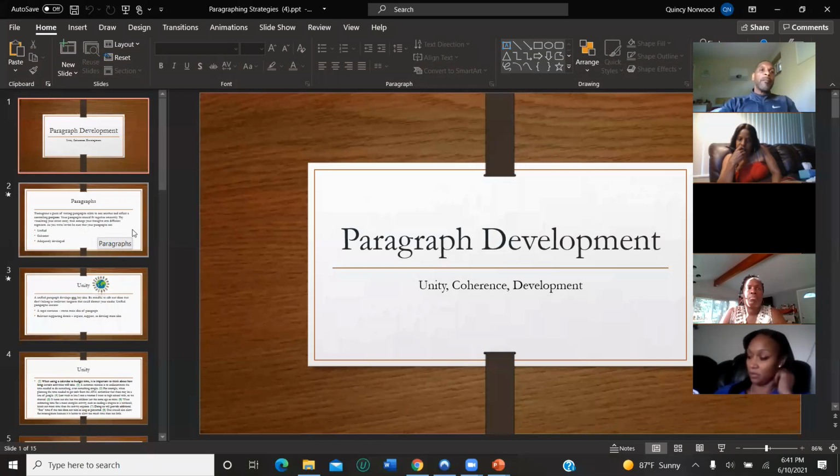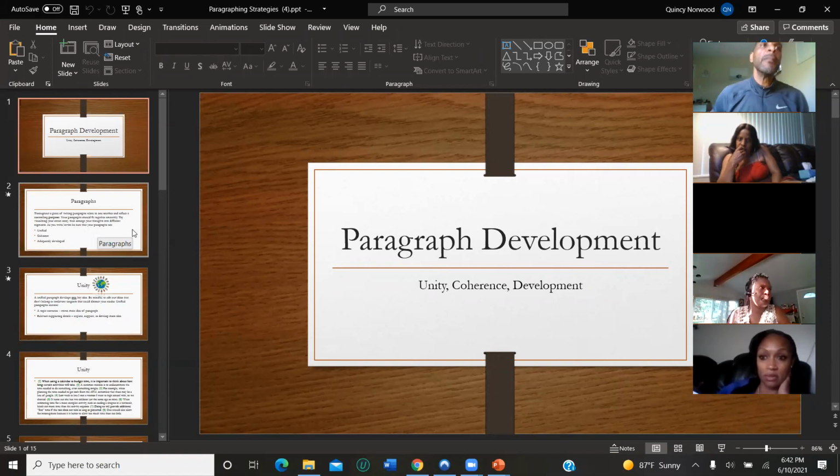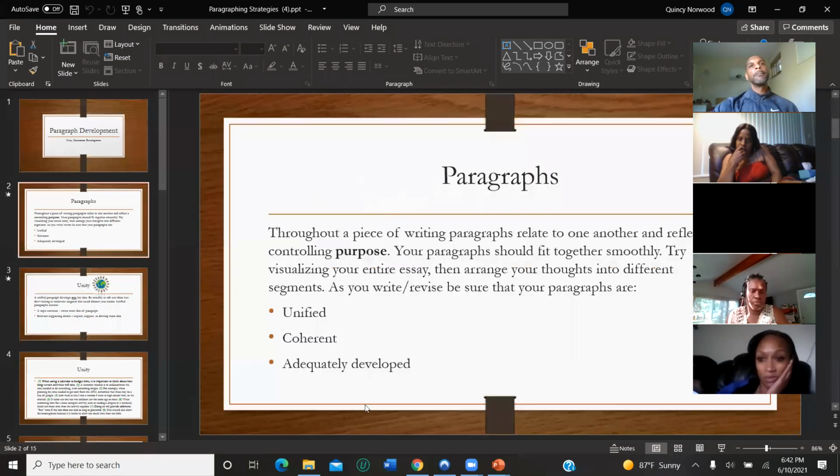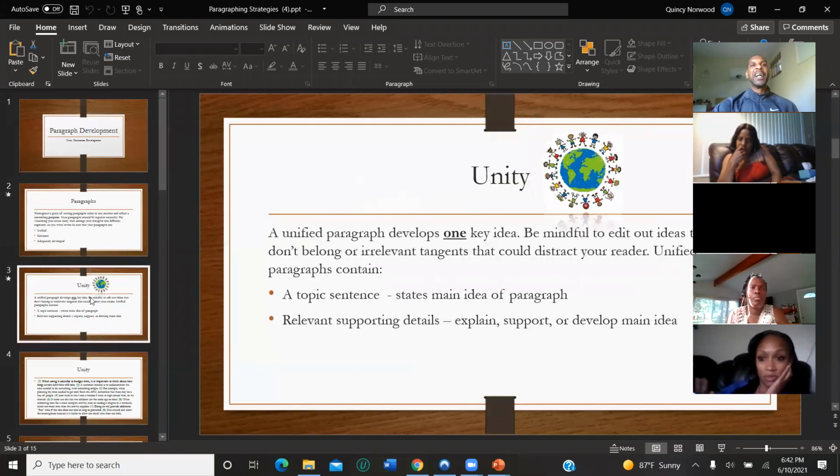This material is also reinforced in our textbook. Any composition based textbook is going to tell you the same thing about paragraphs: unity, coherence, and development. We already said this: unified, coherent, adequately developed.